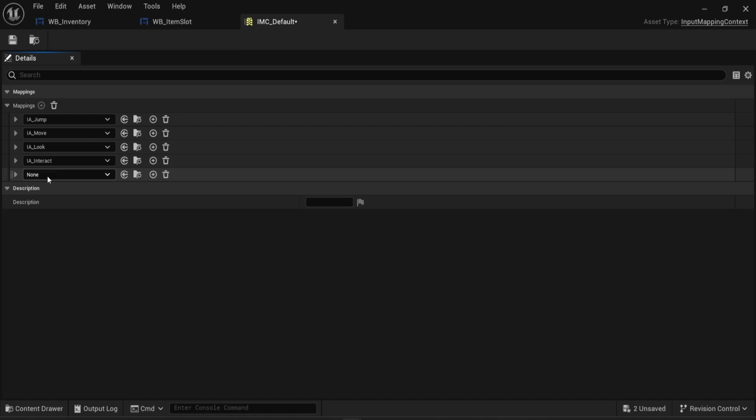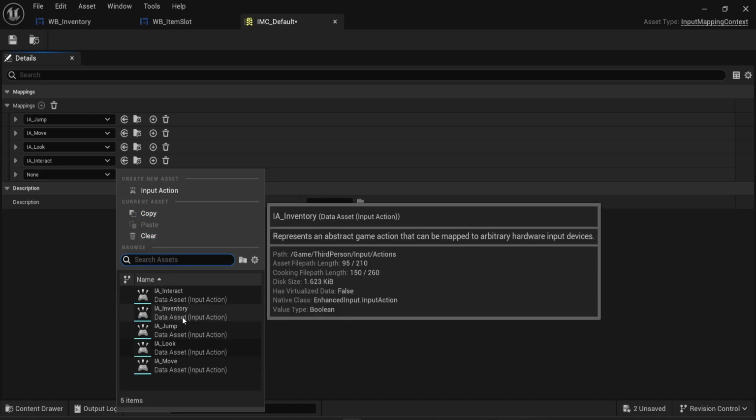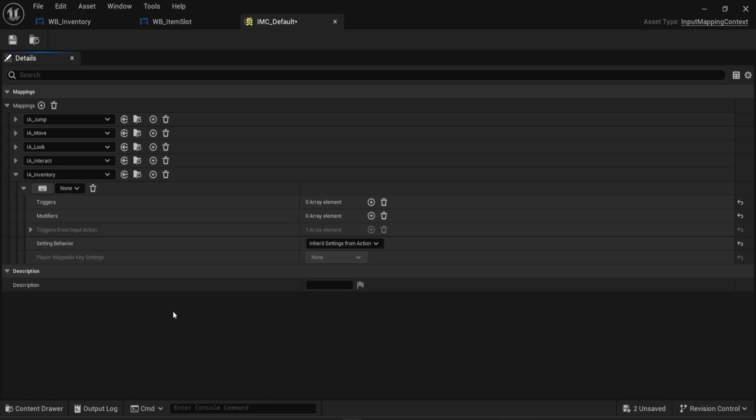By default this action is set to none. I will look for IA inventory, the action we just created. Here we have the keyboard button. If I click on it and press I on my keyboard, this will automatically attribute this I key to the action. So what this means, what we've created here, is every time I press the I key, it triggers an